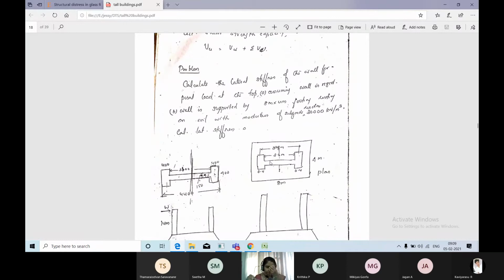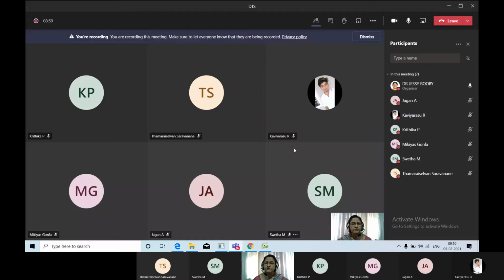Okay, so today I'll just explain one problem: how to calculate the lateral stiffness of a shear wall. Okay. So in the last class, what I was explaining to you is